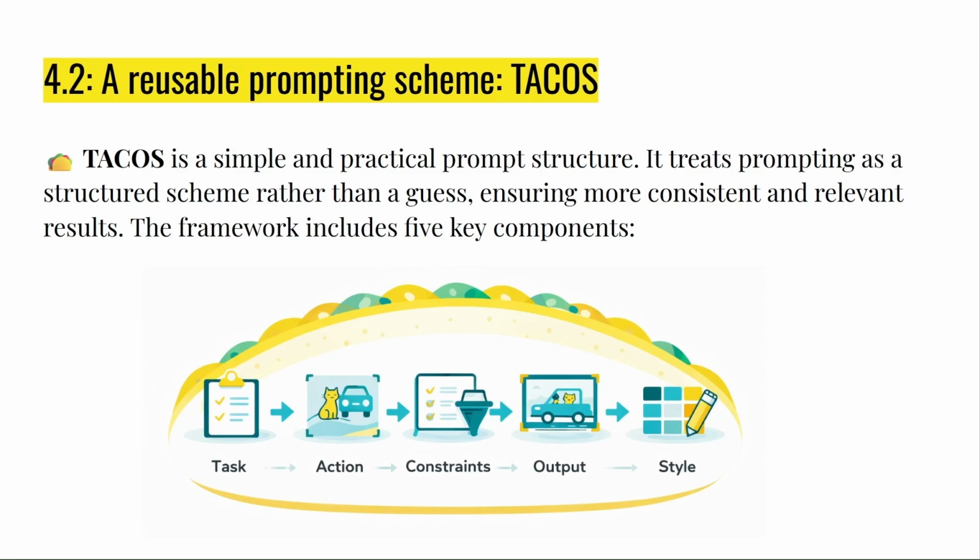Up to now, you have seen that better prompts lead to better images. But it's not easy to be consistent in your prompts or in your output. That's where a prompting scheme can help. So rather than guessing what to tell the GenAI model, you can use a scheme to create more consistent